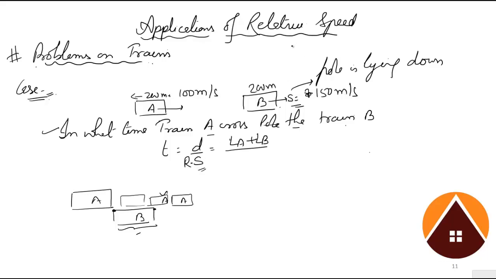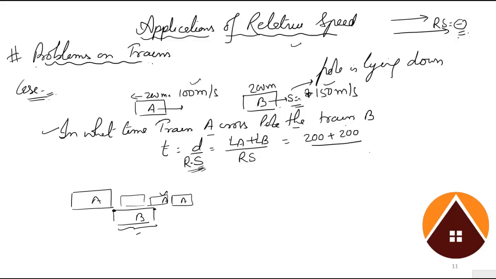So understand that here I have thought of relative speed because both the bodies are in motion. Here both the trains are moving, therefore instead of simple speed I am writing relative speed. And remember that when the two bodies are moving in the same direction, relative speed is written as the difference of the two speeds. So I write time as distance divided by relative speed. So here the length will be 200 for A, 200 for B divided by 150.